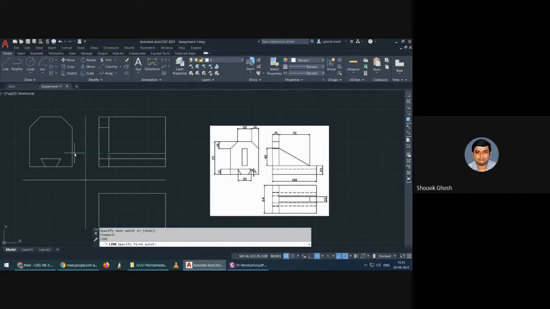This should be present over here also, either hidden or visible, whatever be the case. Then from this point, as you can see, from this point 40, whatever be the value, 70, dropped here.